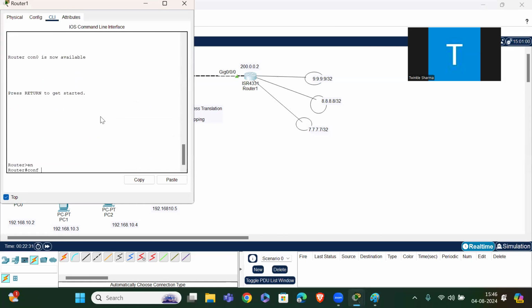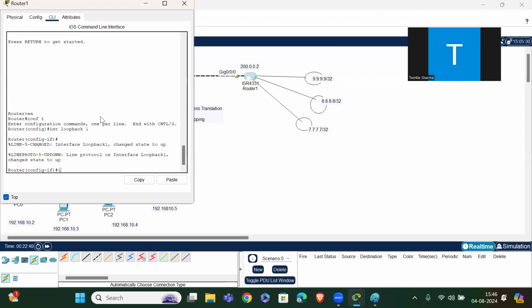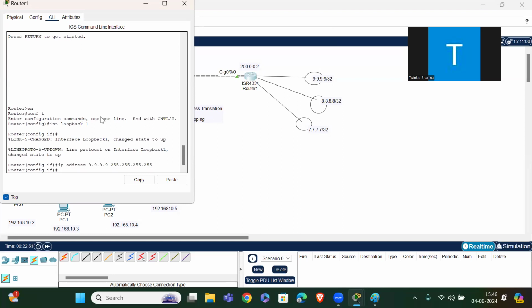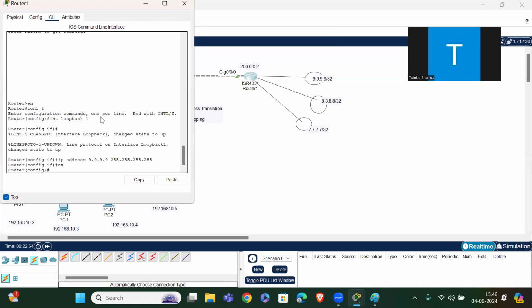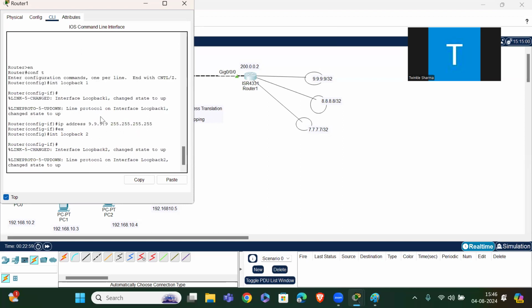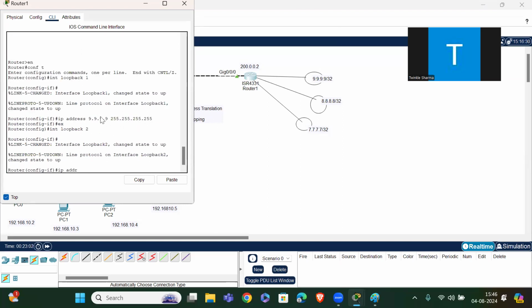Let me do this on router 1, loopback interface creation. Enable, conf t, interface loopback 1. Okay, IP address 9.9.9.9, 255.255.255.255. Done. Exit. Then interface loopback 2, IP address 8.8.8.8, 255.255.255.255.